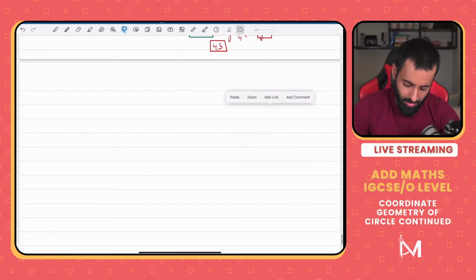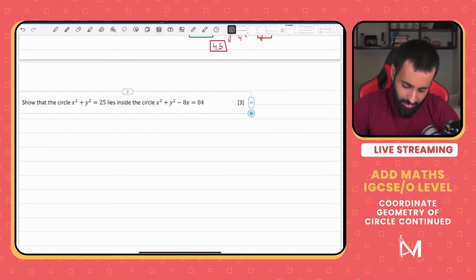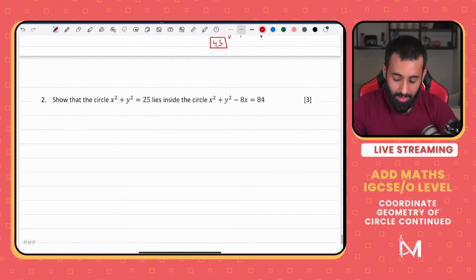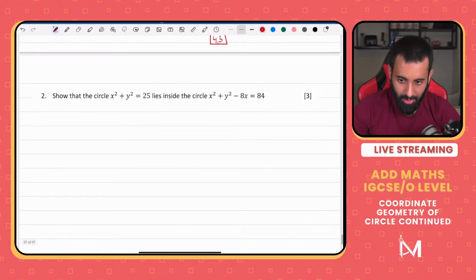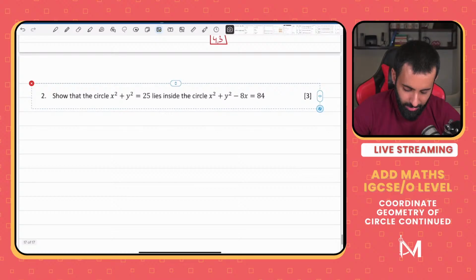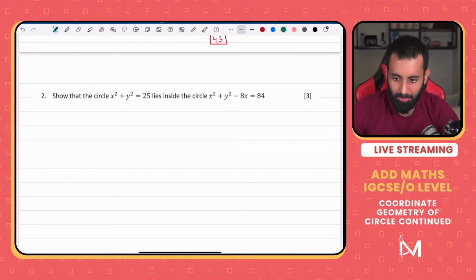Let's see. No, there are no vectors in A-level math, and there are no polynomials. There are vectors, but vectors are in P3, not AS math, and the concepts are not the same. And polynomials, if you're comparing P3, then yes, polynomials are also very similar to A-level math. But I would suggest you don't watch A-level math lectures for polynomials, you watch add maths lectures only.